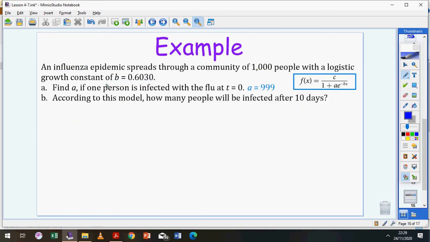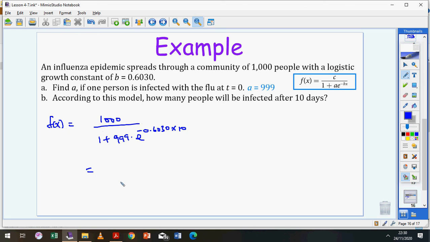So 10 days, that means the x value is 10 days. So the number of people, which is going to be the output, will equal C, which is 1000, divided by 1 plus A, which is 999, times e to the power negative 0.6030 times x, which is 10. You plug that into your calculator and get